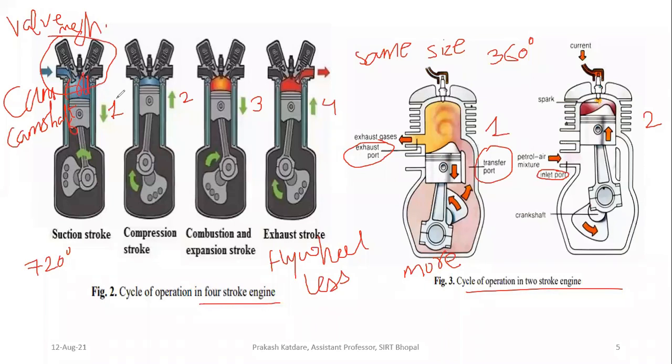While two-stroke IC engines are used where economy, compactness and light weight are important. Efficiency is not very much of concern there. Like in case of ships, in ships we are using a two-stroke IC engine. In case of moped, we are using a two-stroke IC engine, and also hand sprayers and lawn mowers. In these cases, where compactness is very important, we are using a two-stroke IC engine.